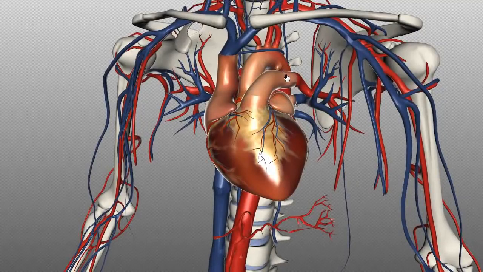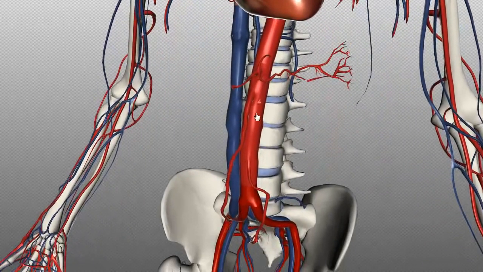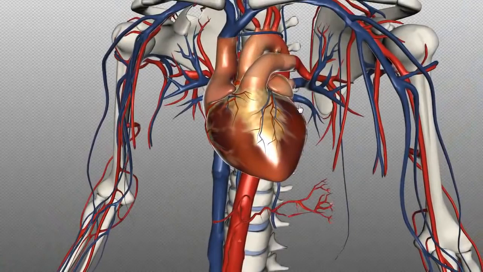and then you've got the descending aorta, so the section from the arch of the aorta to the point where it divides into the common iliac arteries, so down here. That's the descending aorta. And then you can divide it into the thoracic and abdominal aorta. The thoracic aorta is the section of the aorta which is above the diaphragm, and the abdominal